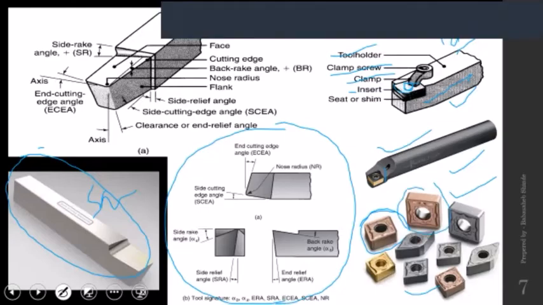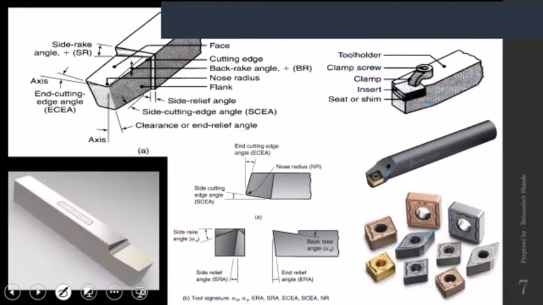This insert is going to have multiple cutting edges. If I take the example of this cutting tool, then I can have one cutting edge over here, one cutting edge over here, one cutting edge over here, one cutting edge over here. That is at the top surface. Similar 4 edges on the bottom surface also. Means if this edge or this corner is worn out, I can go for another one. So a single cutting tool I can use 8 times. It has got 8 cutting edges.